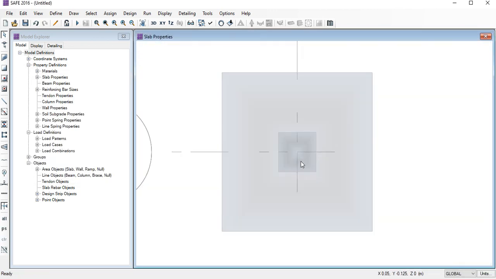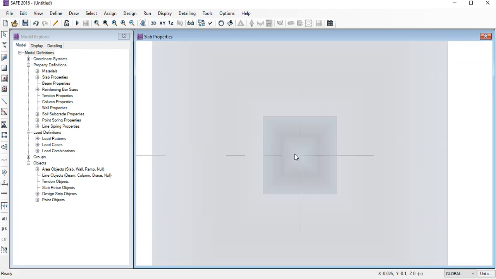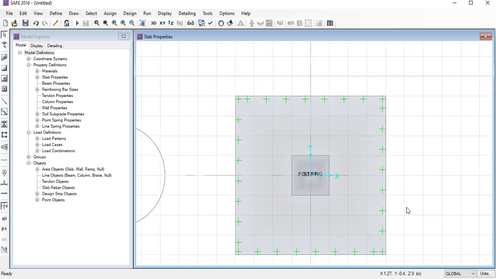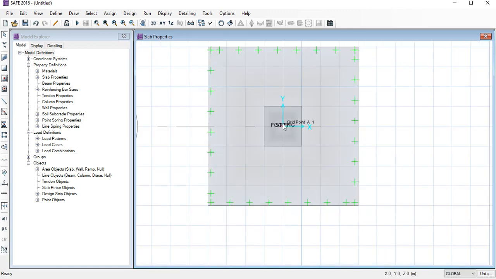So you can see footing has been assigned on this footing, and the same thing I have to assign, the stiffness, that means for the column. So you need to click here on the column option, and you can see here 1 area and 4 edges selected.